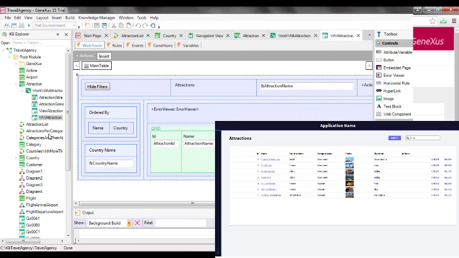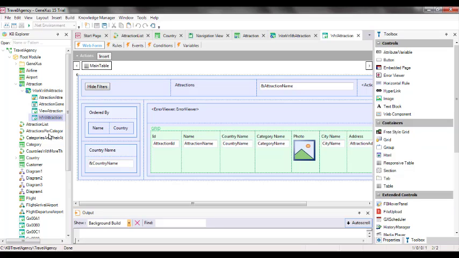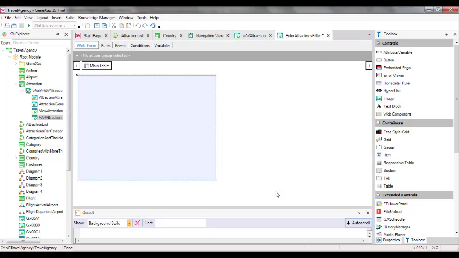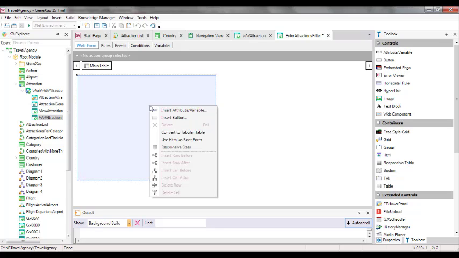For example, the attractions work with element was automatically implemented by Genexus as a web panel. So, we will create an object of this type, and we'll call it enter attractions filter. Note that a web form will be created to be the object screen. It contains a single table. We add a country ID variable,